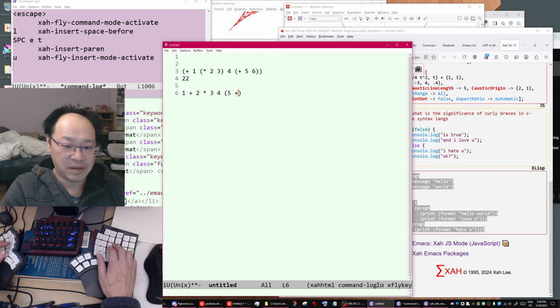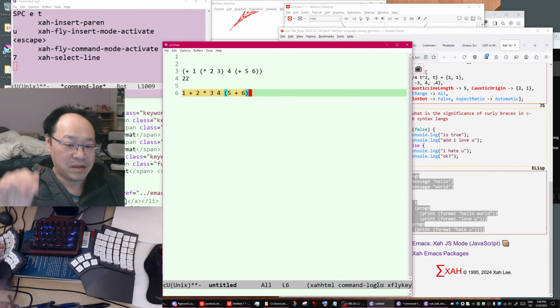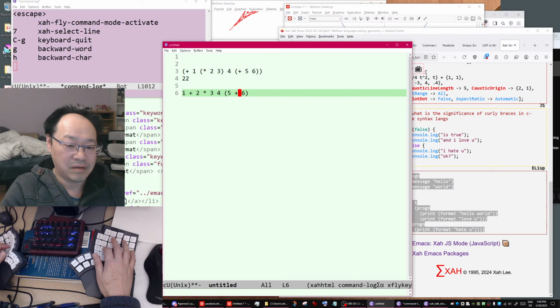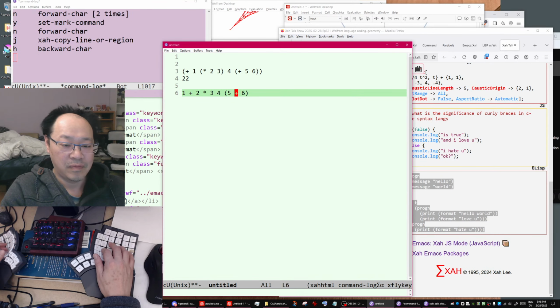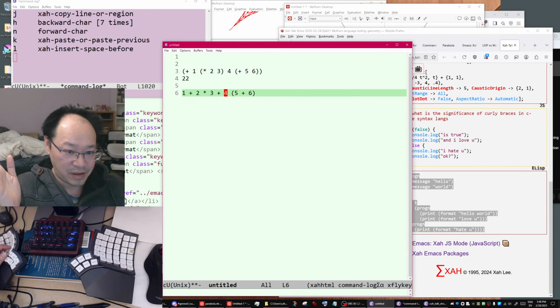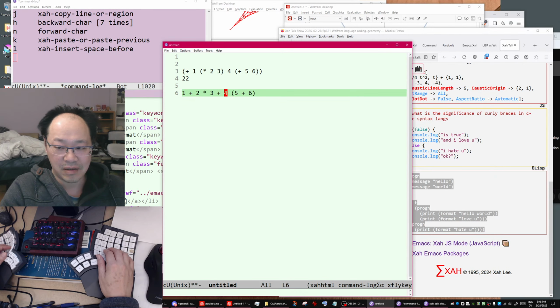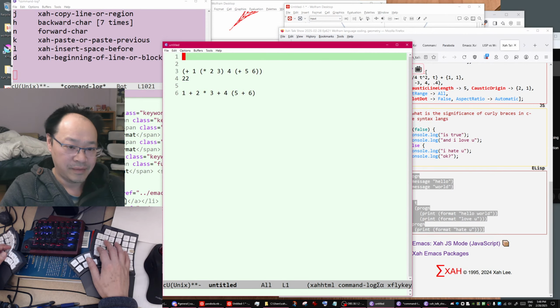So this way it's much easier to understand. So let's try that in Python, okay?